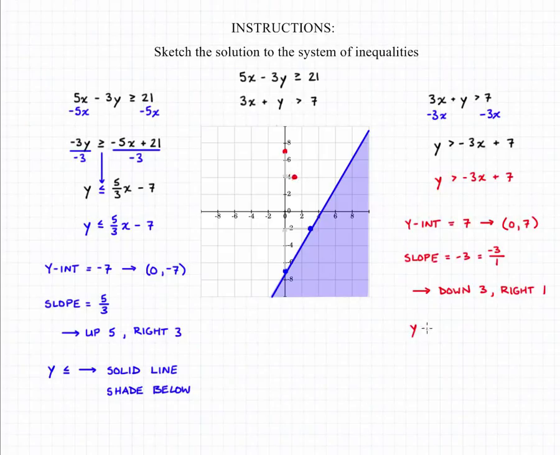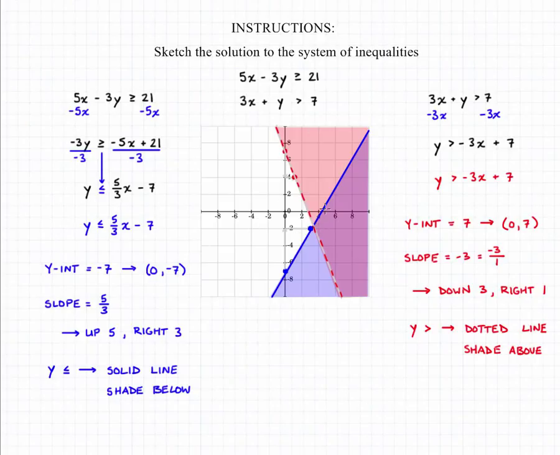and again we need to answer two questions. Because y is greater than the other side of the inequality, we're going to use a dotted line. Y can't be equal to it, so we don't want to include the values on the line. And because it's y and greater, we're going to shade above our line. So if we sketch in our line, we need a dotted line, because again, y being greater and not equal to means we can't include those values on that line. We can add in our shading,